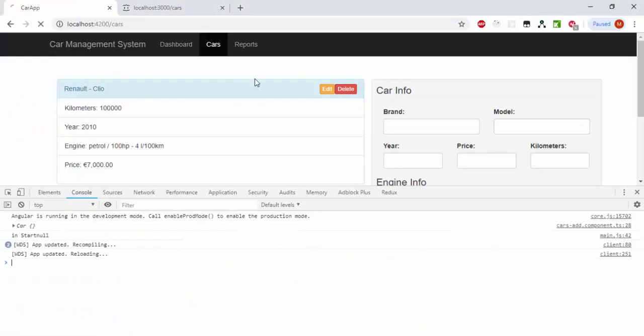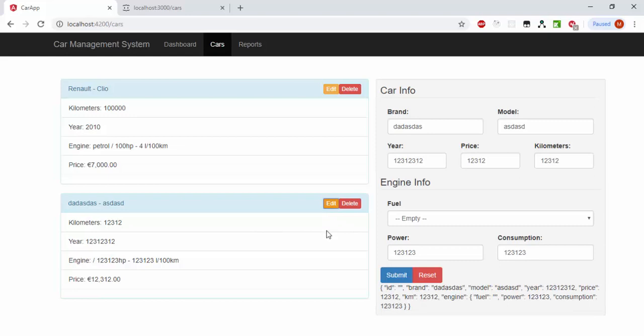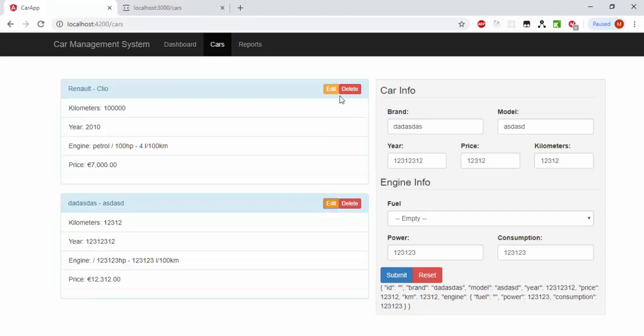Okay, so now if we take a look in our application here, we can see that whenever we edit this one, the values on our form change, and also our form updates. Also look at the select. Good. So now, what we need to do is that when we do this,